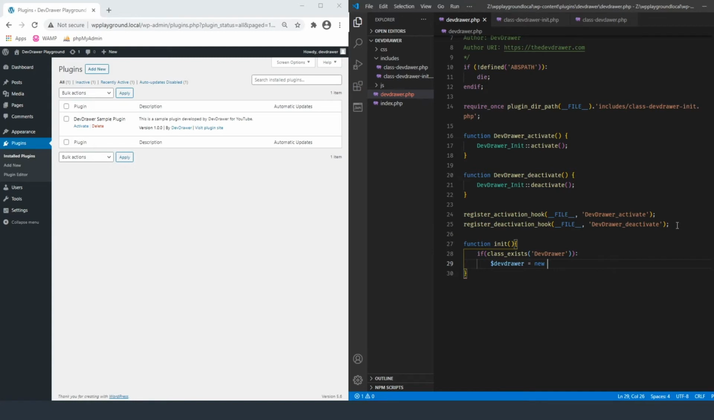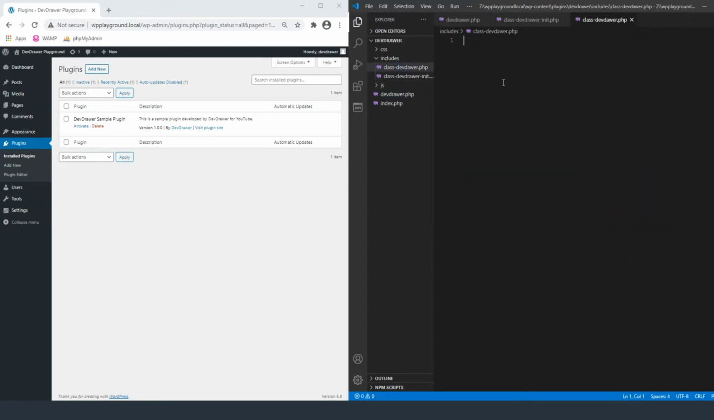And then it's just going to be new devDrawer, which is going to be the class. Okay, so let me go ahead and close out my if statement. And then inside of this class devDrawer, this is where we're going to add some of the other functionality of the code. So let's do PHP,